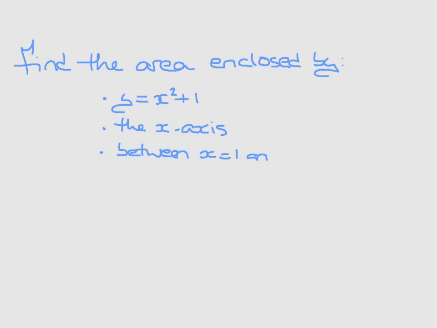Let's see how to find the area enclosed by the curve y is equal to x squared plus 1, the x-axis, between x equals 1 and x equals 3. Now, the first thing you should really do when you're given an exercise like this is try and visualize what you're actually being asked for. Now, what we're being asked for here is to find the area